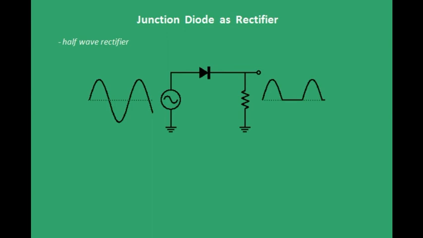As you see here, when we give an alternating voltage source, that is, it produces alternating current, right? Our final output is given as only positive current, that is, current only in one direction. It does not change its direction. That is the meaning of rectifier. Now why does this happen?